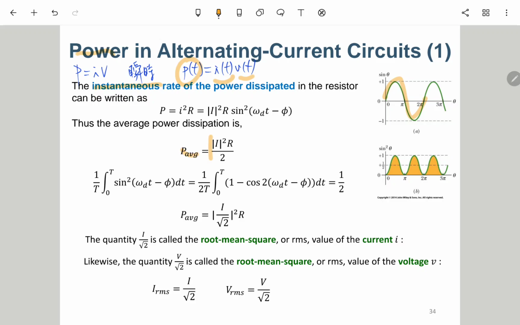P average will be like this. This is the result. Why it is like this? So P average is actually like this integration. Okay, not this one. Sorry. So the integration, I mean the P average. The P average should be